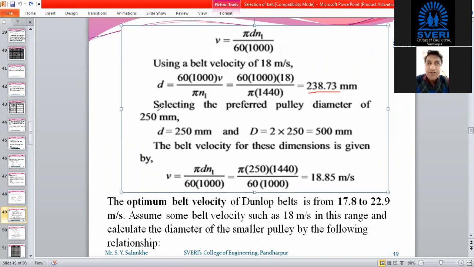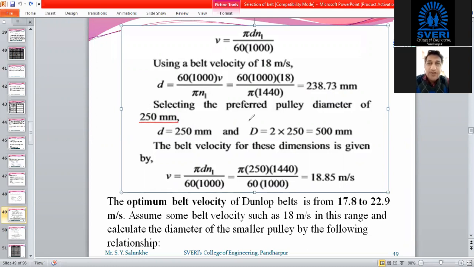But first we have to check whether this size, 238 millimeter, is available in the standard sizes or not. The smaller pulley available is 250 millimeter, so we will select 250 millimeter.